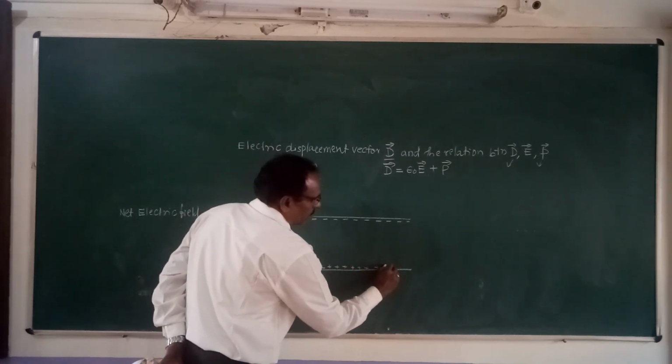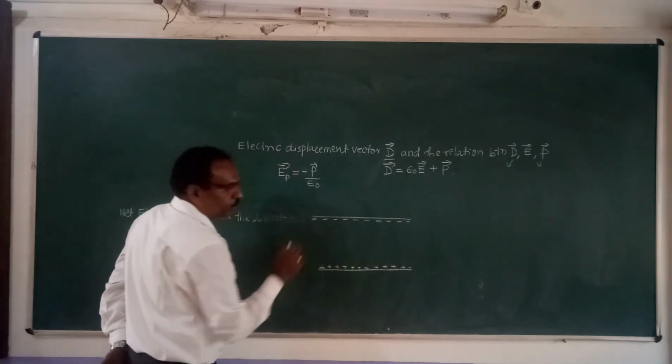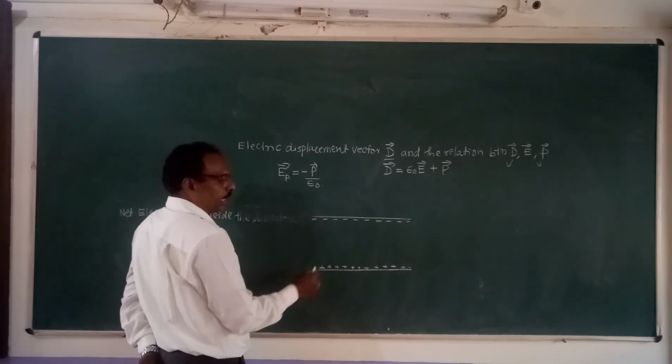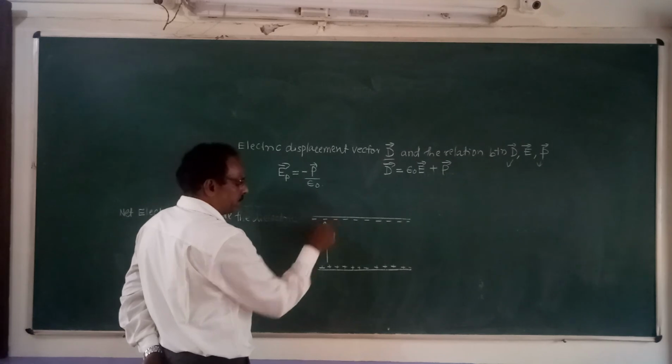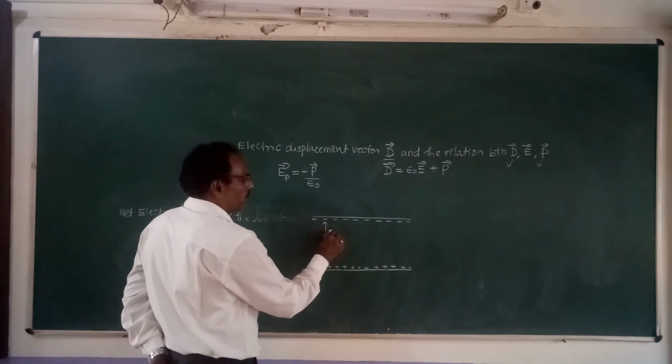So there is nothing inside these two plates. It's a vacuum or empty space. There exists an electric field. Say this is the electric field. It starts from the positive charge and goes towards the negative charge. I will call this as